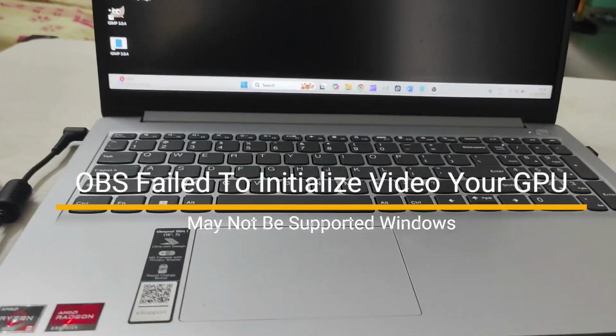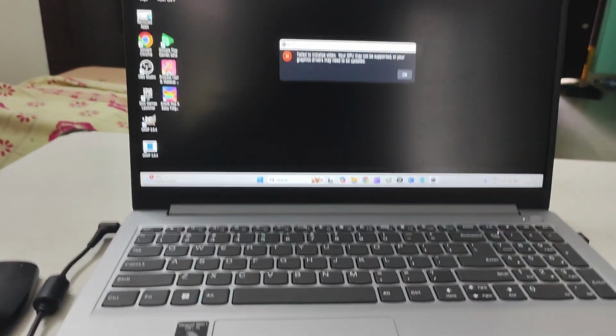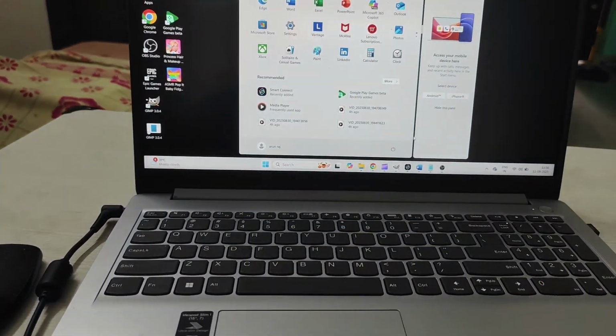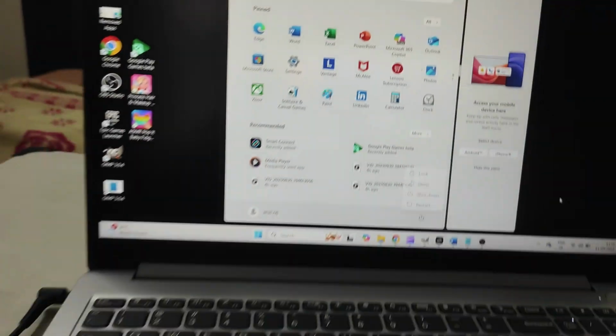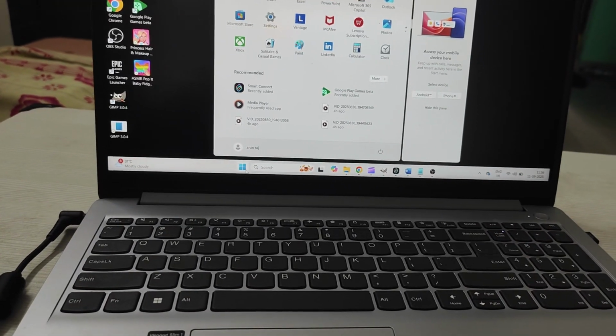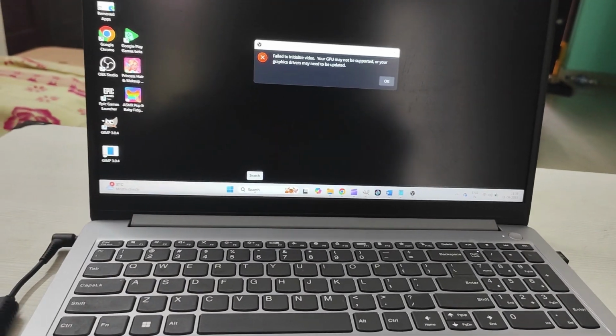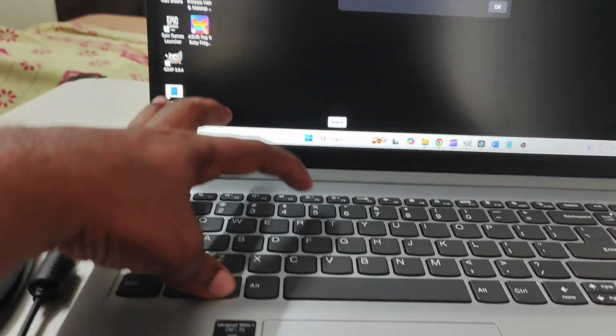So to fix this, you can do two simple steps. One is a simple restart. You can just click on restart on your computer and check whether it is working or not. If restart doesn't work, then you can do step 2. So in this video I'll do both, and first of all, just click on Windows followed by R,